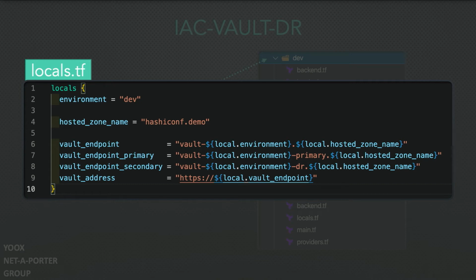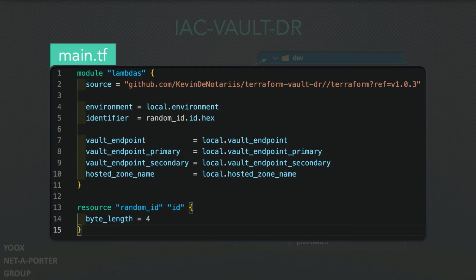Then we have the hosted zone name, in this case HashiCorp.demo. And then we have the 3 endpoints, the higher level and the 2 lower levels endpoints. And finally, the vault address, which will be used for the vault provider. Then we can look at the main.tf. Here, as you can see, we reference the